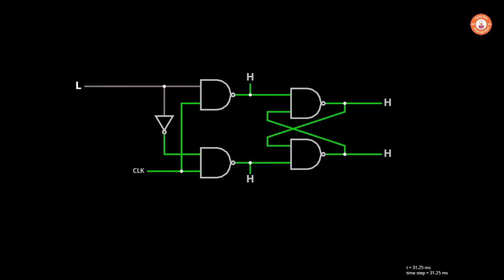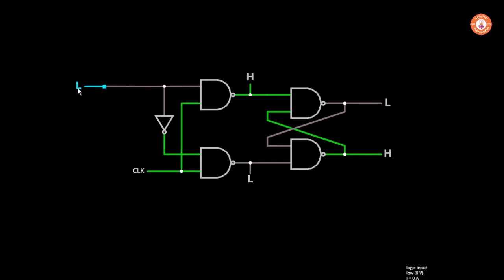So when I start the simulation, you can see the circuit starts running, and whenever the input is low, at every clock pulse you'll see the second NAND gate is constantly toggling the output, but because the first NAND gate has low input right now, the first NAND gate is always in high state, because of which the output is stable and we have low output which is Q and high output which is Q complement.